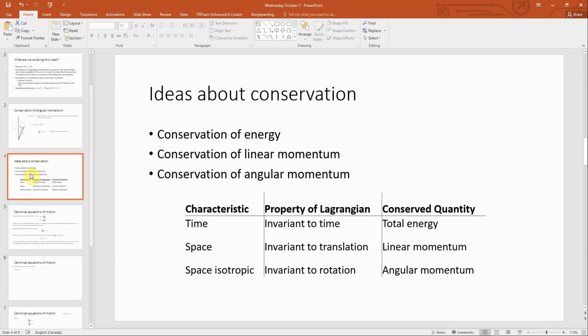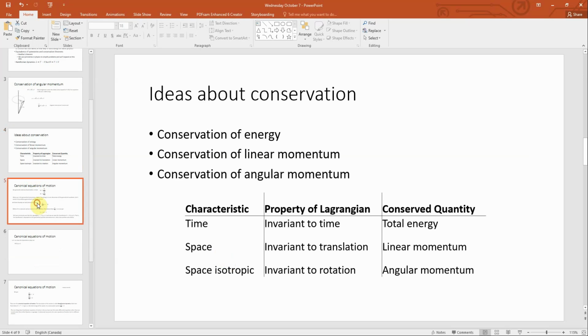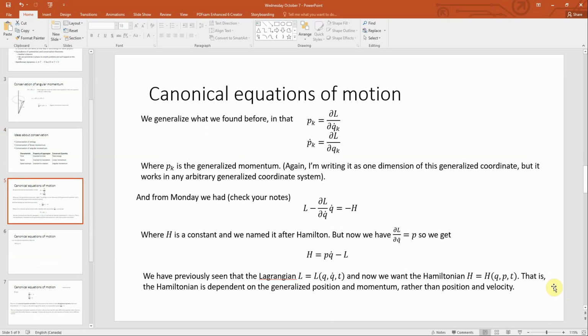This should have been in the slide before. Sorry about that. Okay,